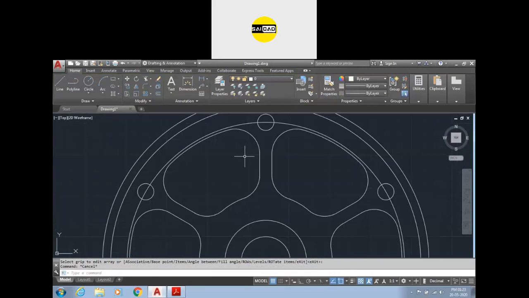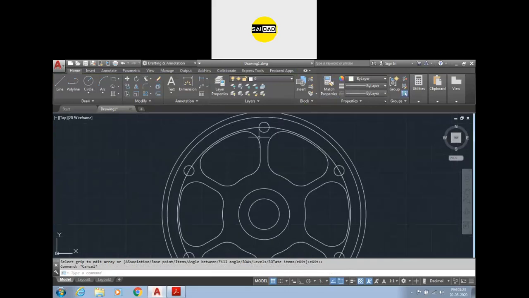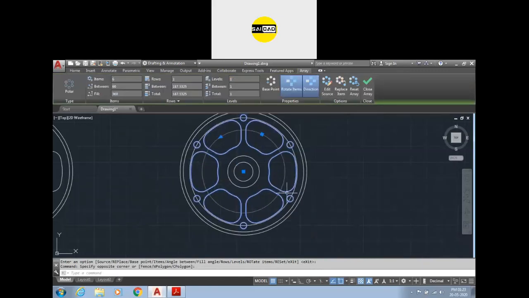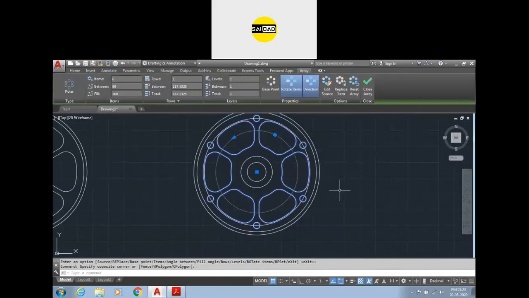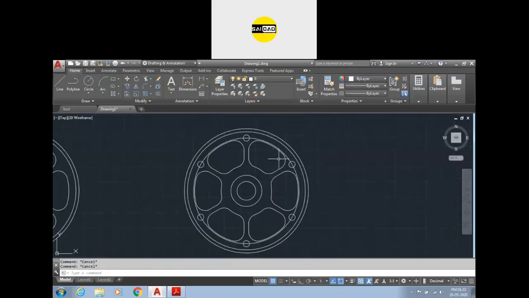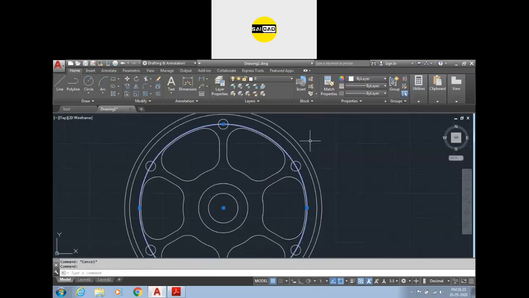Now you see I need to modify. If you need to modify something and you select the object, everything will be in this option. You will have to apply something from here. So to make the objects individually selectable, you can just explode everything by pressing X. Now you can see everything is separated. Okay, so now you can just select the item and define the property.